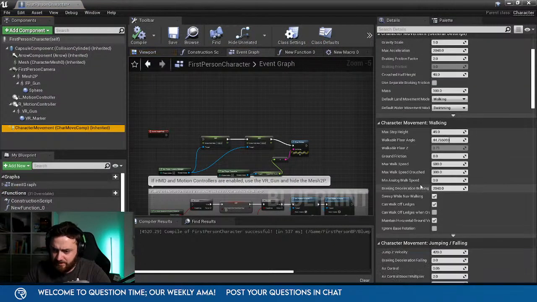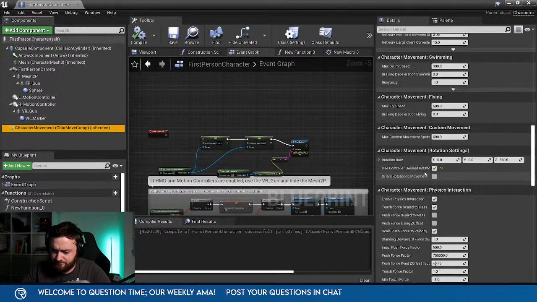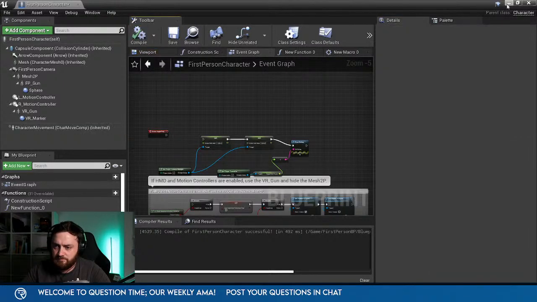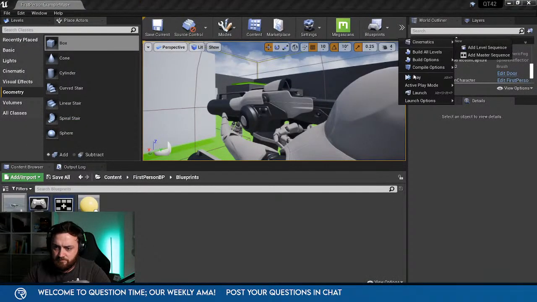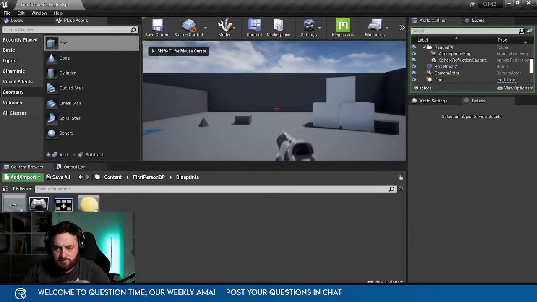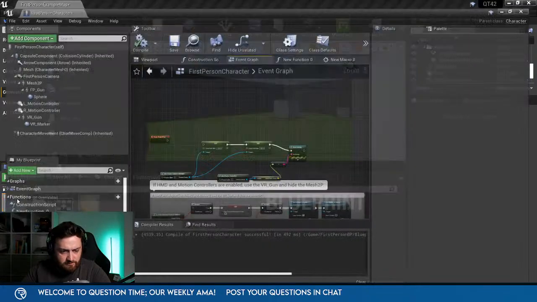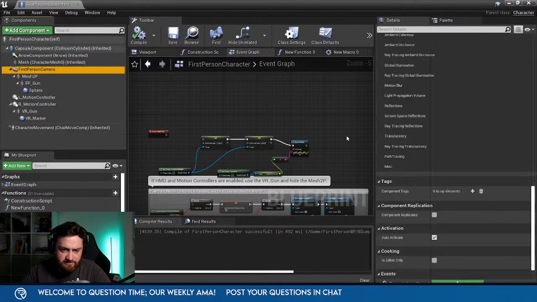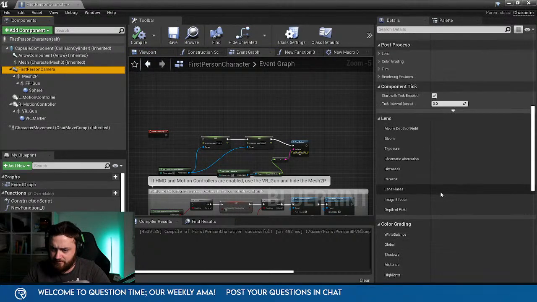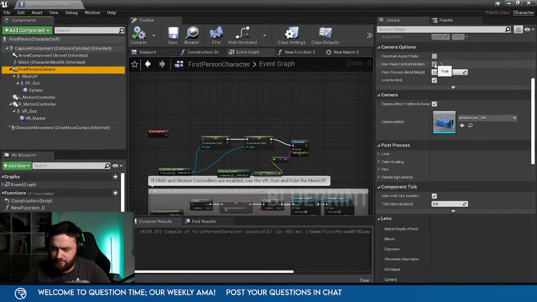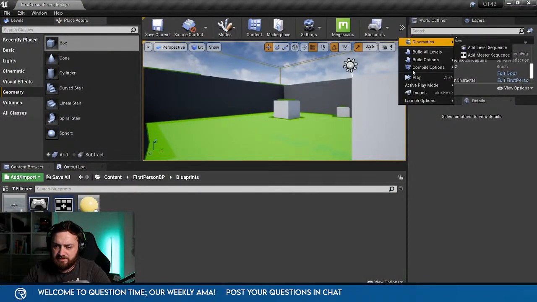Maybe slow down the rotation rate to 90. Oh wait, for this we'll have to turn off the camera's control rotation. See it working. Turn off their control rotation. Yeah, turn with it.